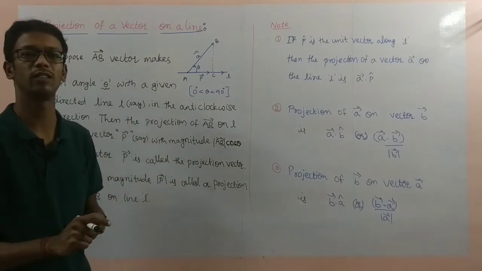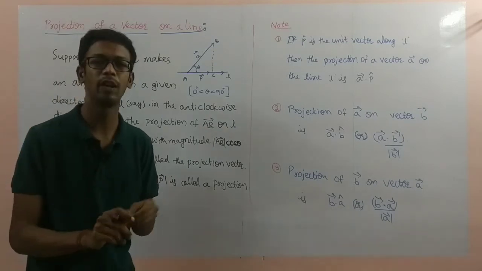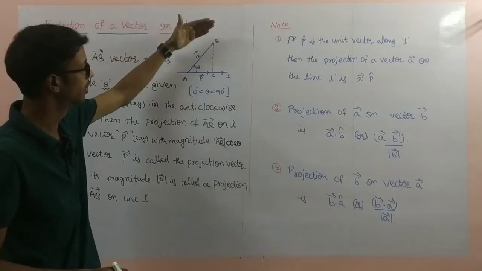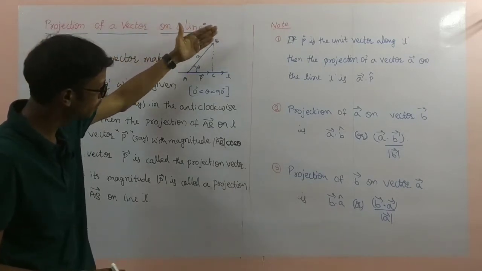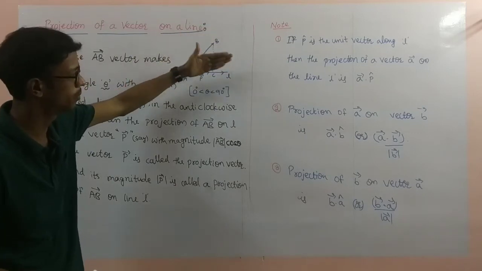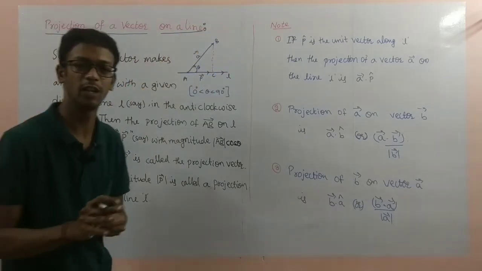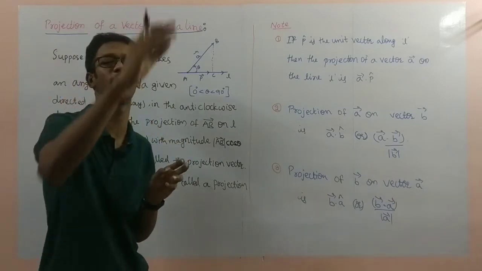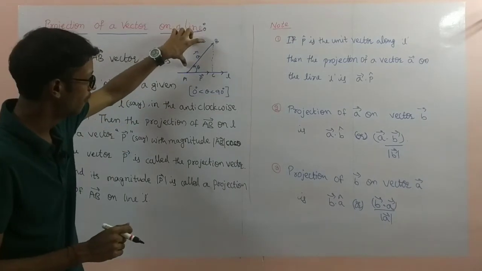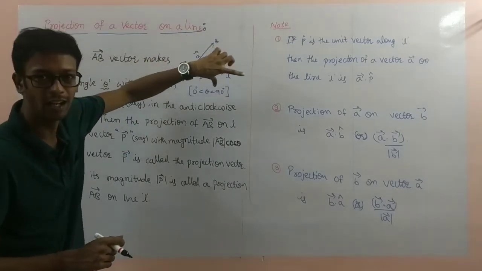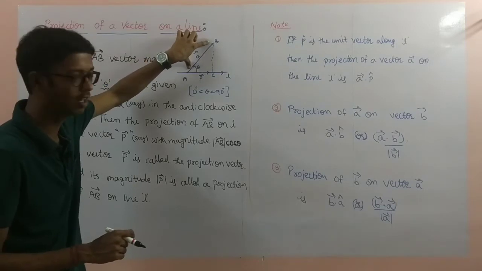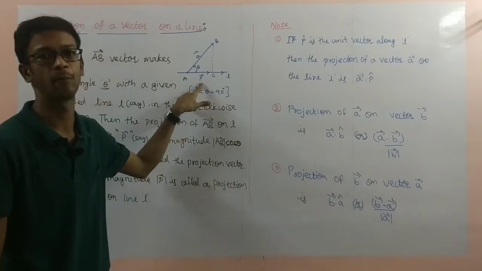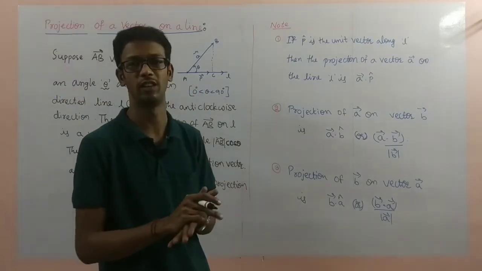Sir, what is the projection here? Projection is nothing but, in a simple way, if you shine a light from above, the shadow falls on the line. The shadow is nothing but the projection. Like a projector projects on a wall, similarly the vector is projected on the line. So that is a vector, the projection should be a vector. I am taking it as P bar. Projection is nothing but like a shadow in a simple way.